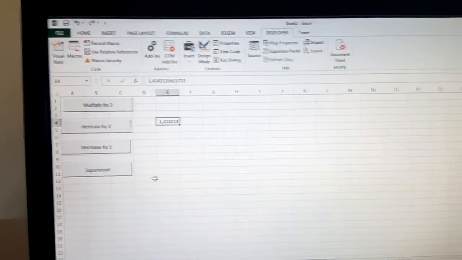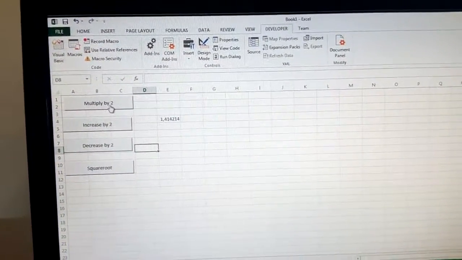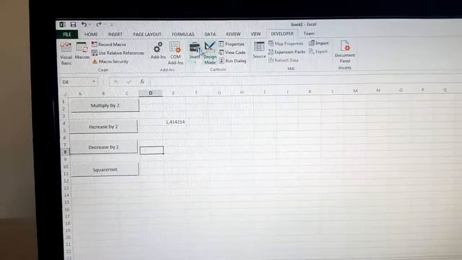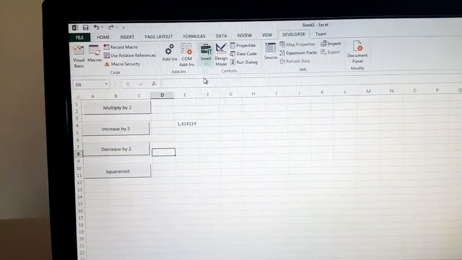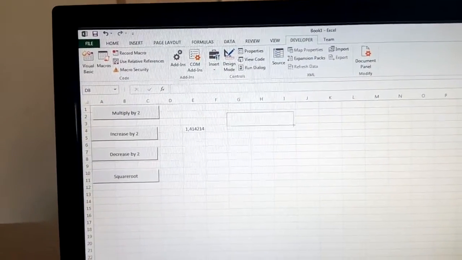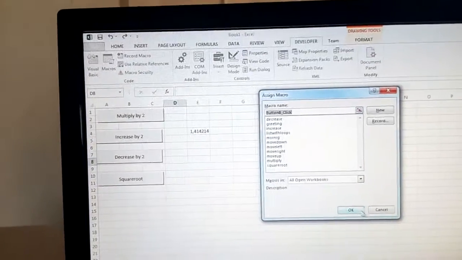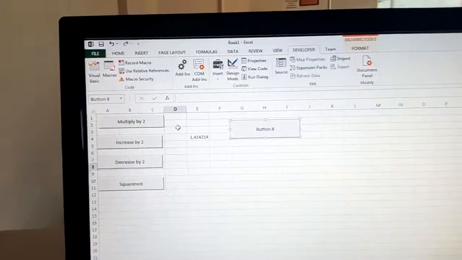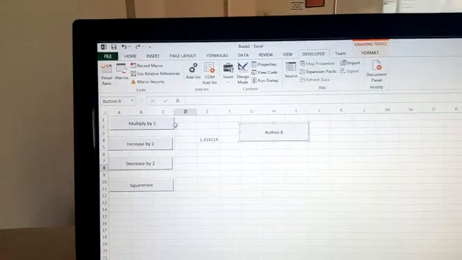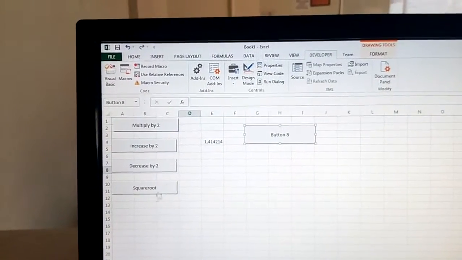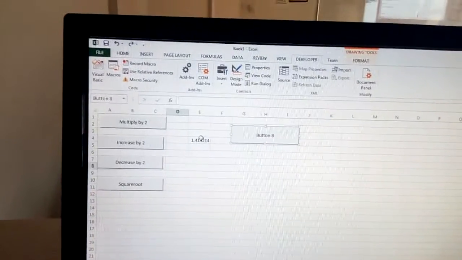This is the second one. We have 4 buttons, just the same way. Developer, insert button, you do your button, you rename, multiply by 2, then you duplicate or just copy and paste, and you rename these ones like this. Now when you are done with that,